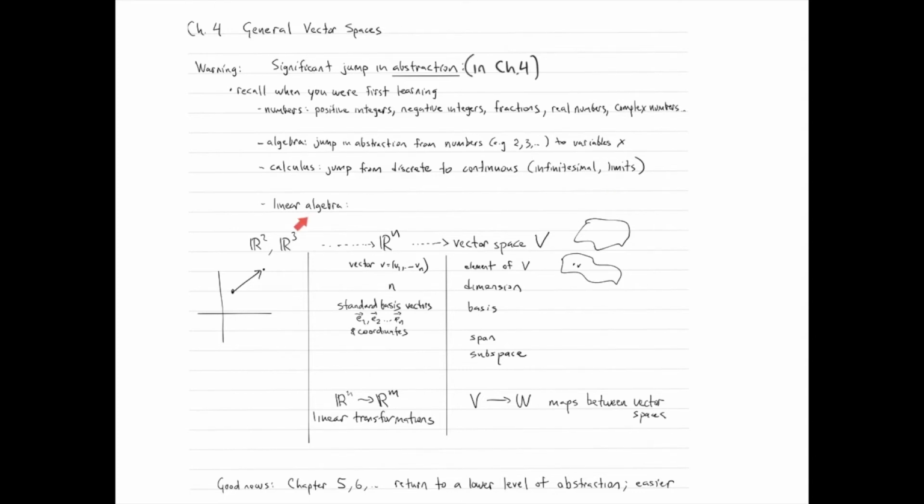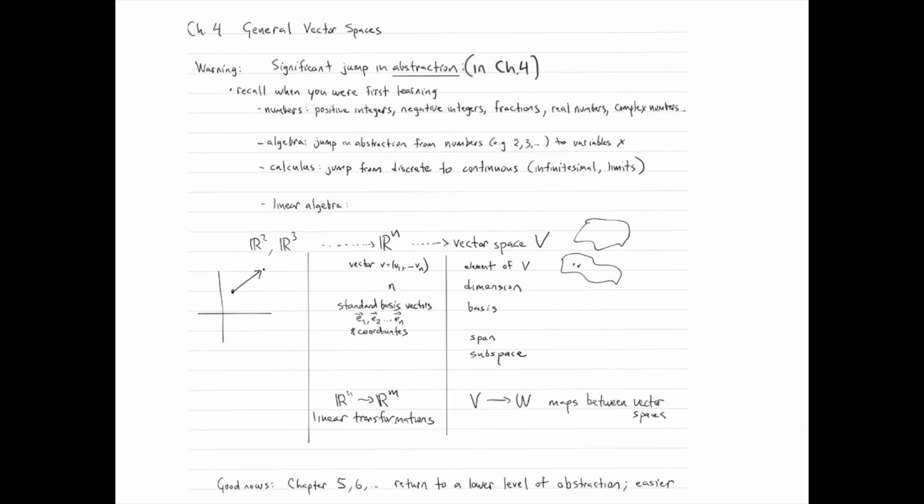Now let's move on to linear algebra in this course, and let's look at the jumps in abstraction we've seen so far. We've started by considering vectors as arrows in R2, starting at one point and ending at another. And then we identify these vectors with a pair of numbers. And so that gave us R2. And then we said, well, the same thing could be done in R3, and then even in Rn. So elements of Rn are n-tuples, or n ordered numbers. And then we talked about the standard basis vectors and coordinates, these v1 to vn,